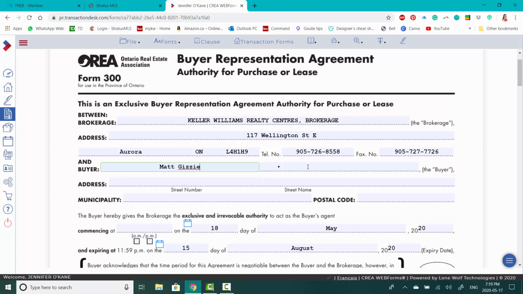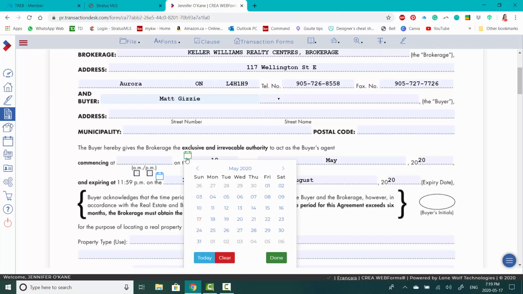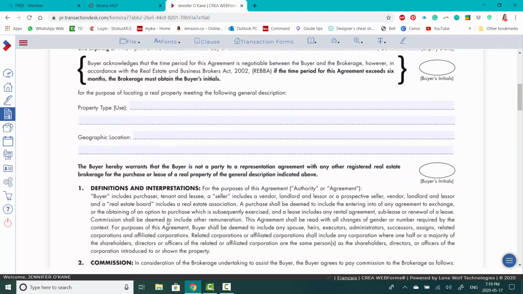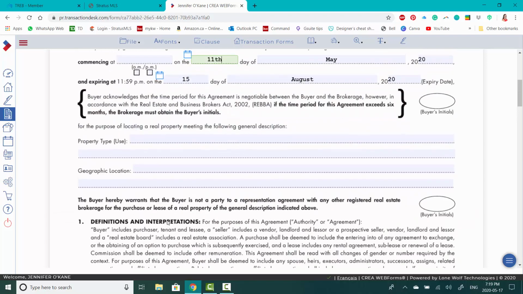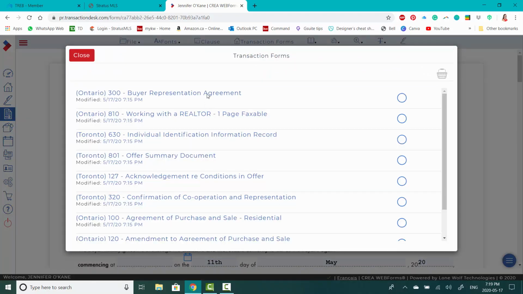So I'm just going to fill this out as if it's my client. I don't need all of this information, and make sure that all of my dates and everything are correct. And then that will just sit in my system, and I can send this to my client, Matt, as I go through. Once I've finished my buyer representation agreement, I can click on transaction forms at the top here, and